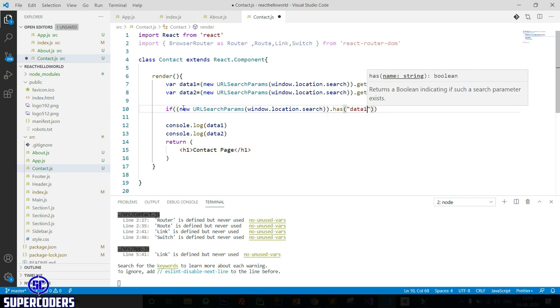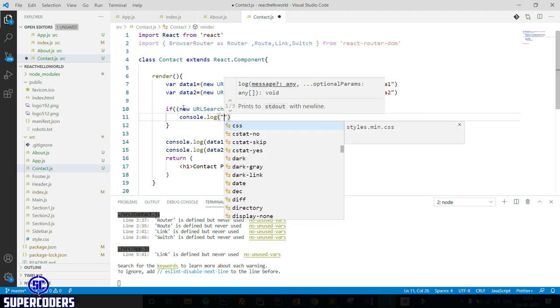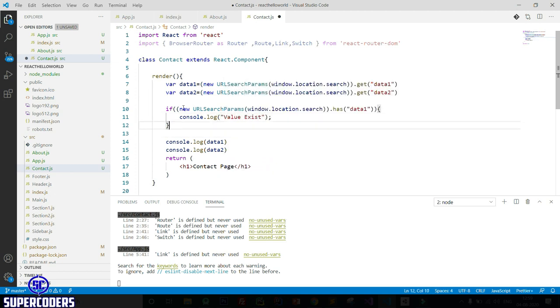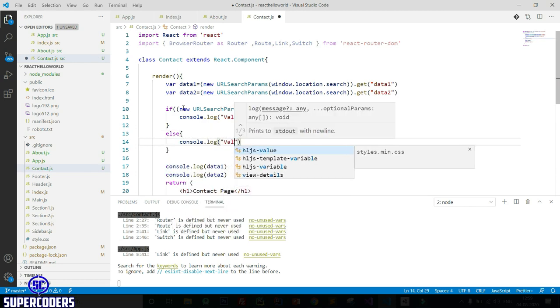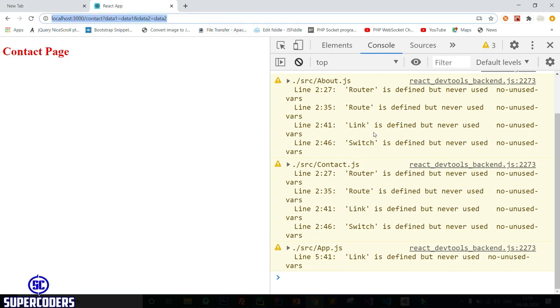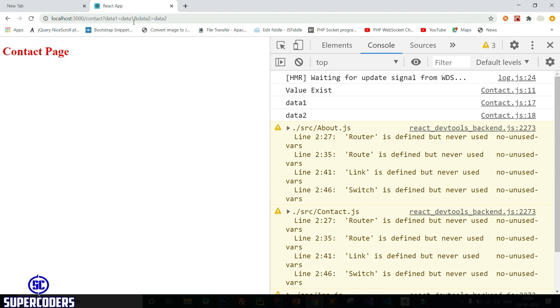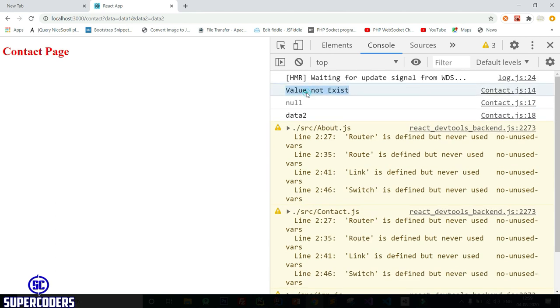So I am adding data1, console.log value exists, else console.log value not exist. Let's see. So again, and if you see value exists it means we are passing the value, but let's see if I change it to data, and now you can see value not exist.